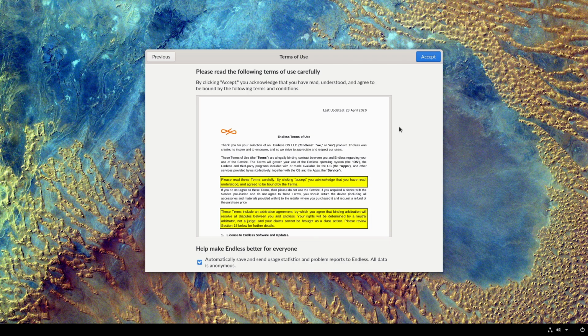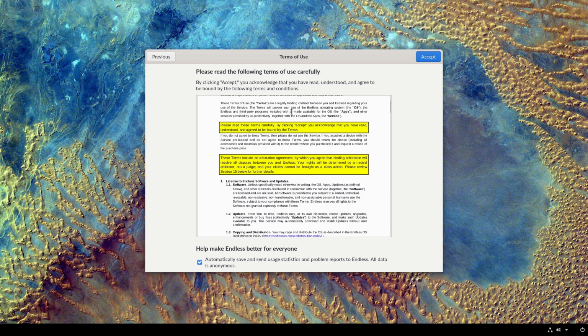Now, this is the reason right here why I'm not interested in recommending this. We are going to accept these terms on this VirtualBox just for the purpose of the review, and then I'm going to uninstall this because I cannot agree to this. So on the basis of the EULA alone, I automatically would not consent to using this operating system. So we'll walk through just some of the highlights. I did read all of it, but I want to point out a few of the highlights.